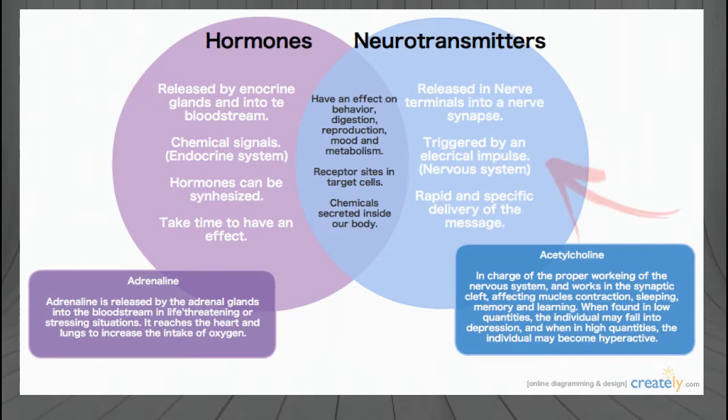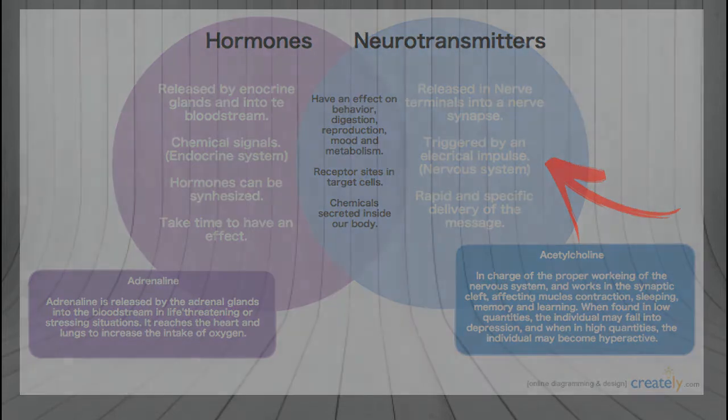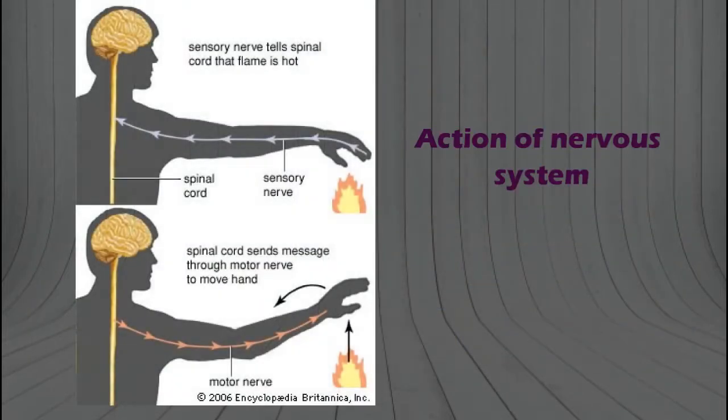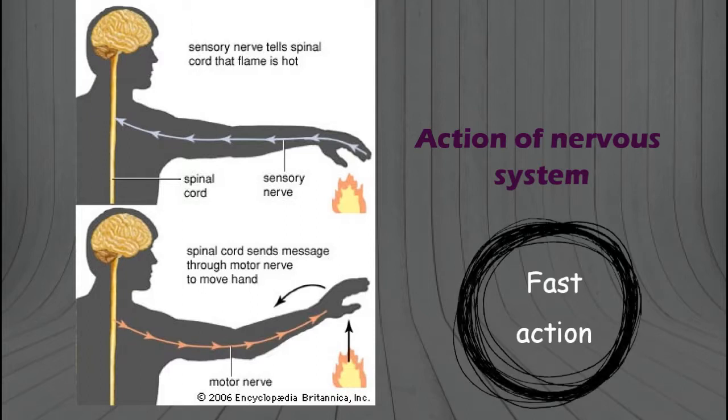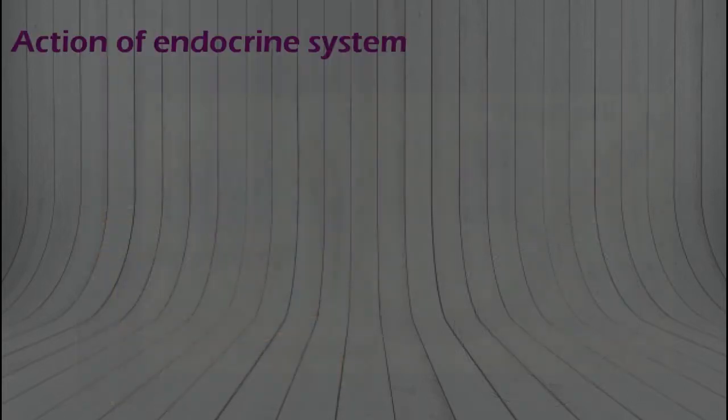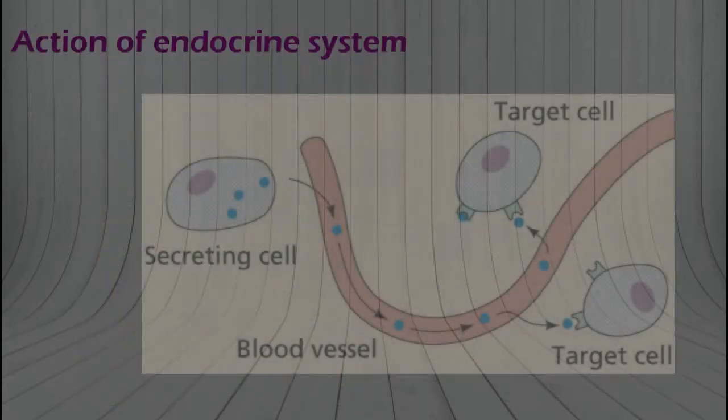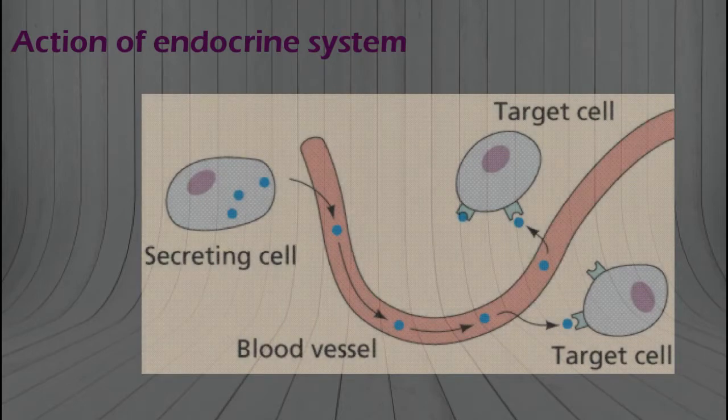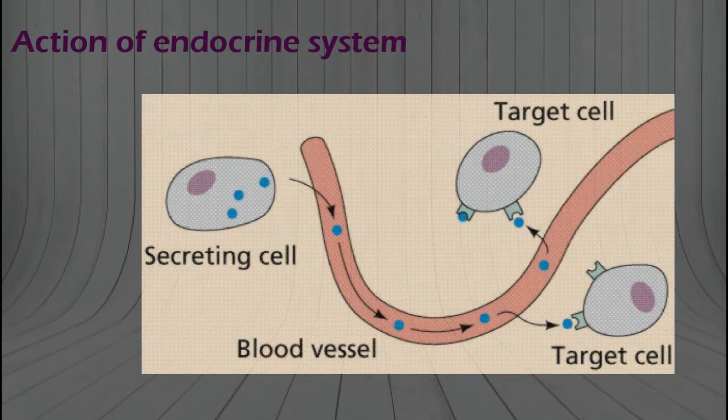The main work of the nervous system is to respond rapidly to stimuli with the help of electrical action potentials, which are sent by means of neurons. The neuron then transmits this action potential to the target cell, and these actions are made with the aid of neurotransmitters, which are known as the chemical messengers of the nervous system. In the nervous system, the response to stimuli is almost immediate, while the endocrine system relies on hormones in order to elicit answers from those cells which are selected for this purpose.